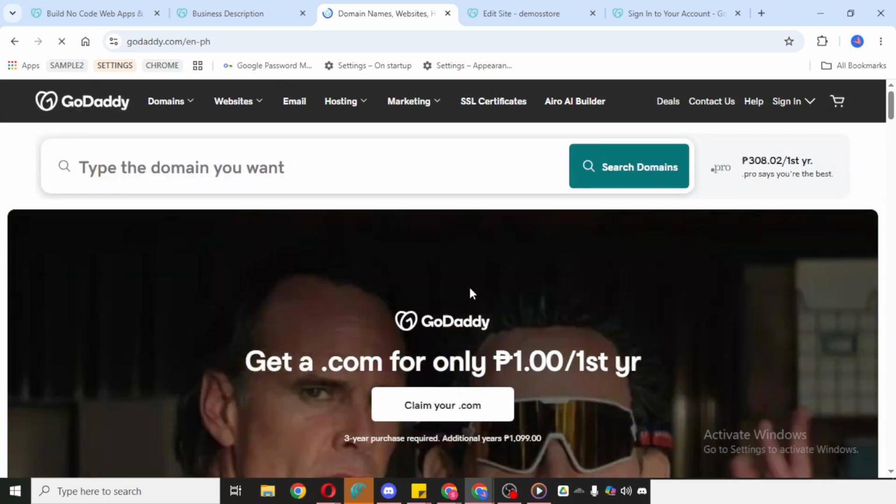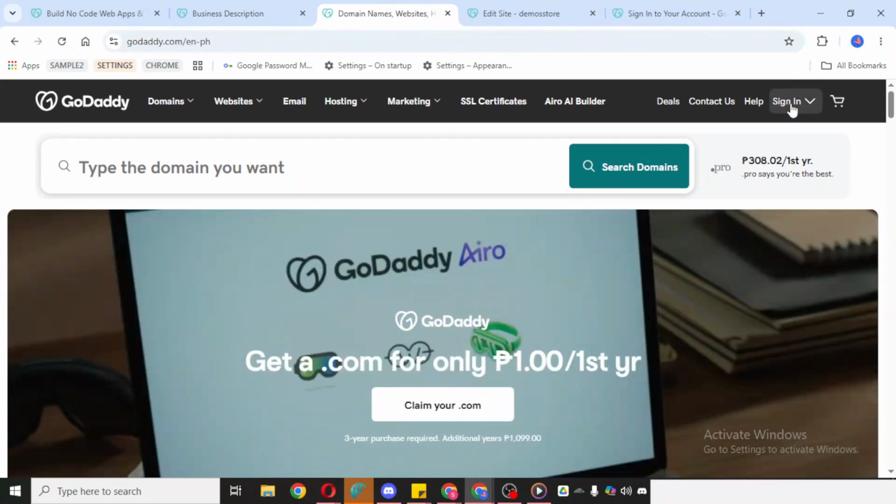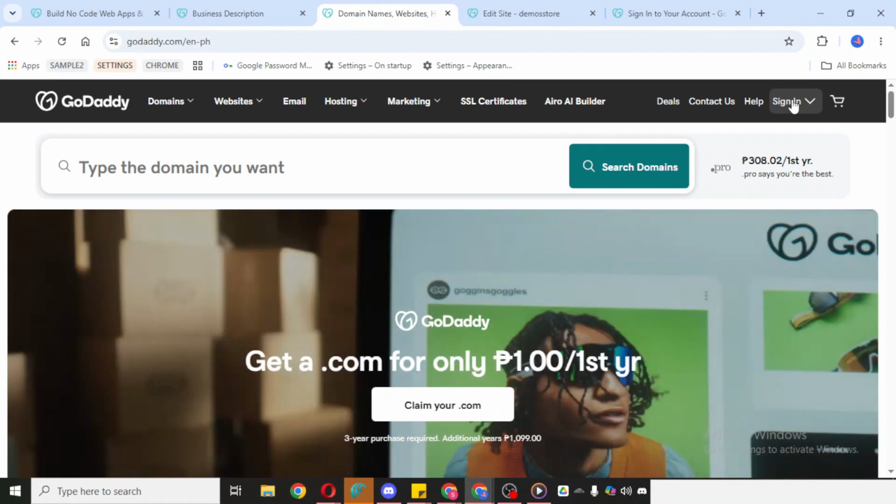After signing out, it's a good idea to confirm that the account is no longer open. One easy way to check is to see whether the site is asking you to sign in again instead of showing your account dashboard. This helps make sure the sign out was successful.